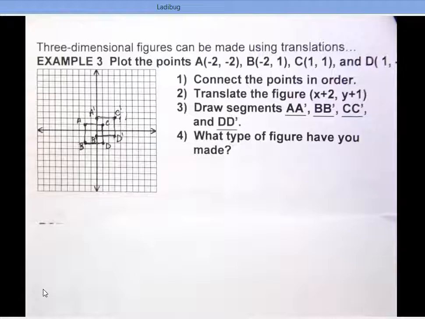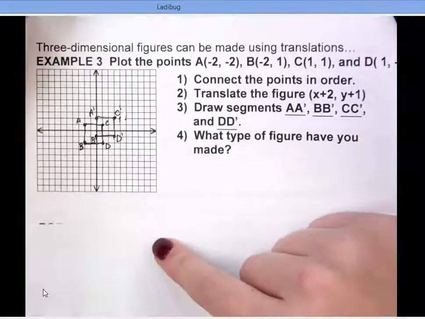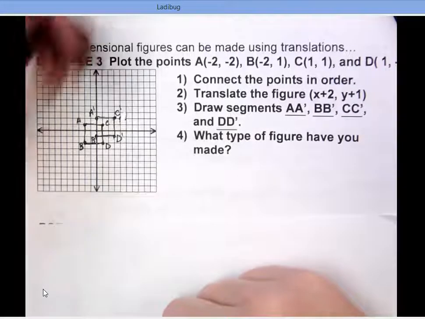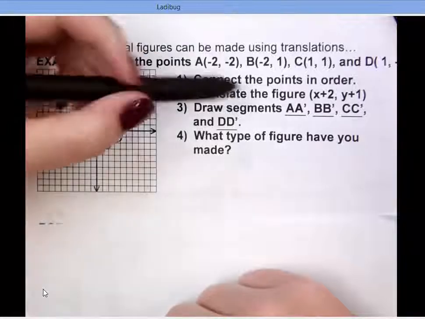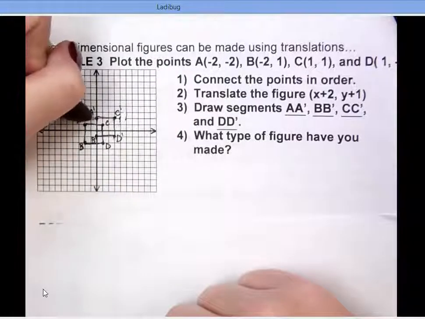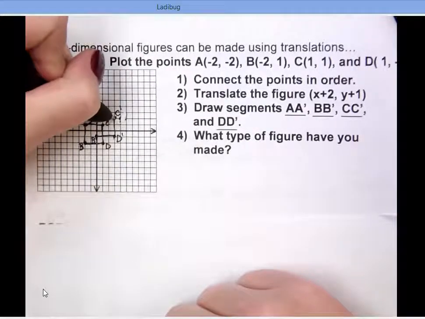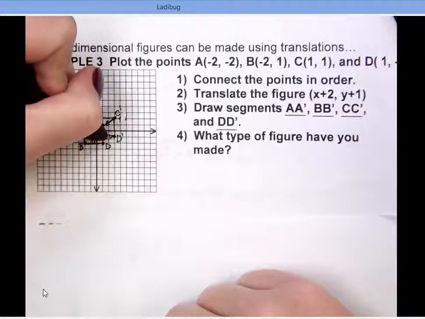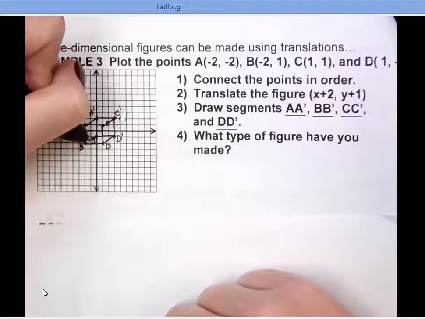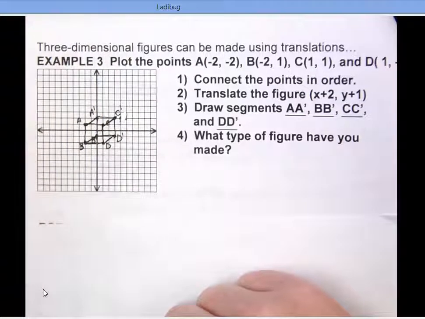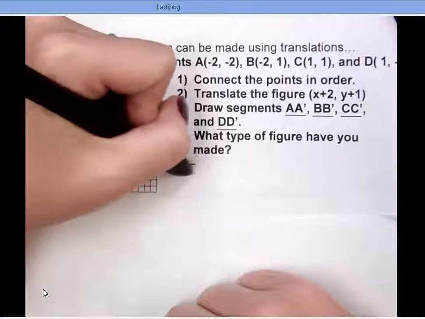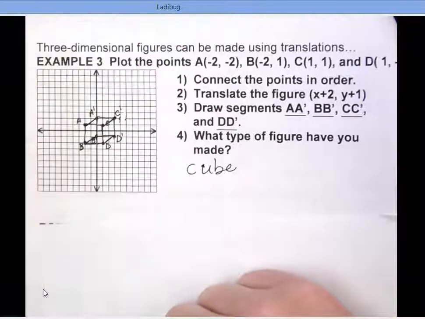Alright, this is the change, and then it wants you to connect those, and so I just want to show you how to do this. You are just connecting C to C prime, D to D prime, B to B prime. So if you did that wrong, that's what it's supposed to look like. What figure did you make? Made a cube. Alright, we're moving